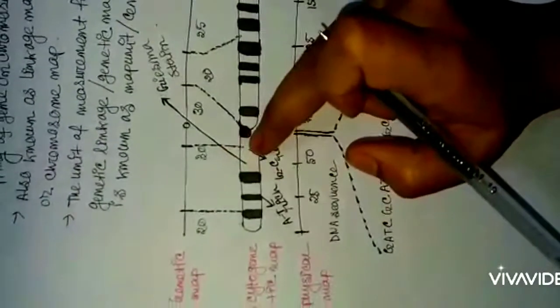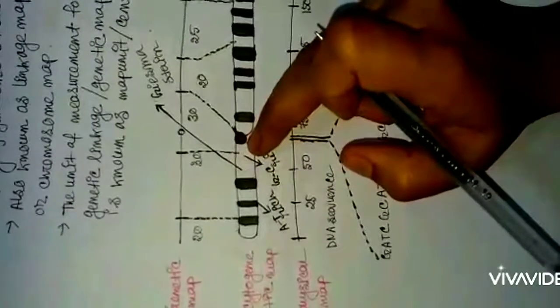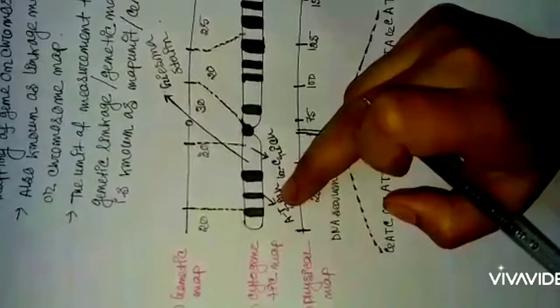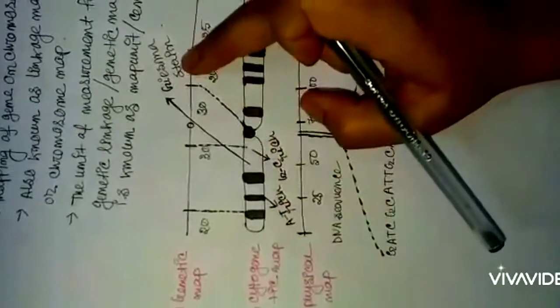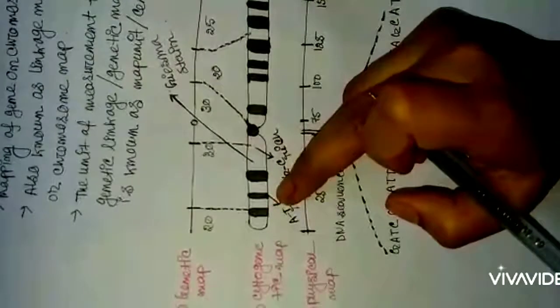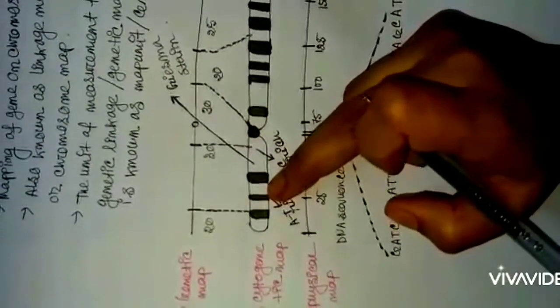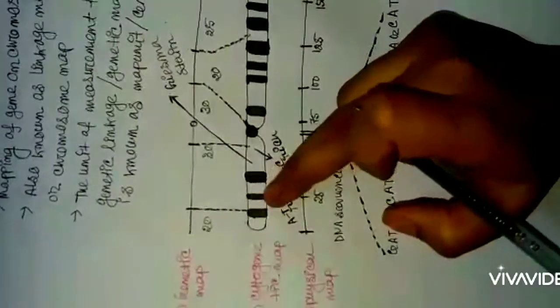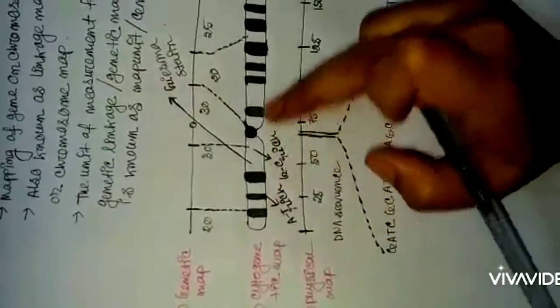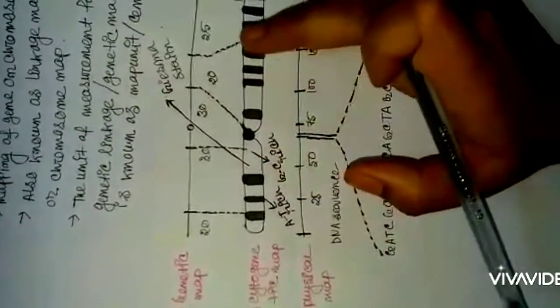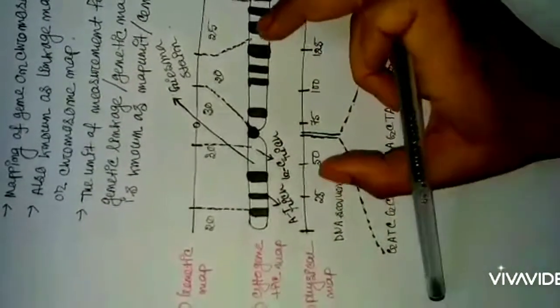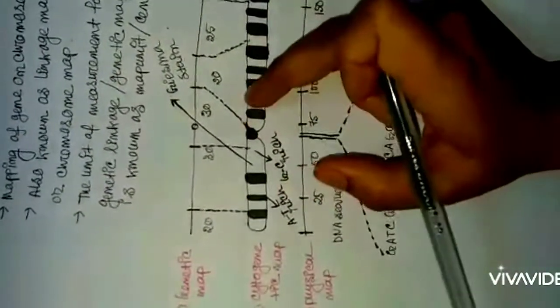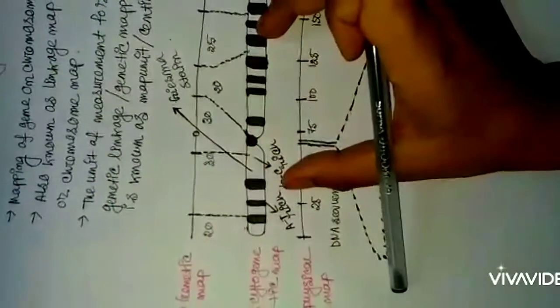So they appear after staining as light regions, and the AT rich sequences are not as dense as the GC ones. So the Giemsa stain will penetrate in these regions. So they appear as dark regions, okay. So every chromosome has a unique sequence or appearance, and this chromosome can be stained with certain dyes like Giemsa stain and can be seen with the help of a microscope, okay.